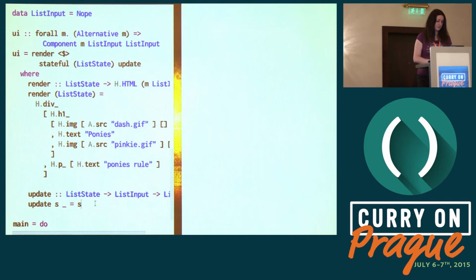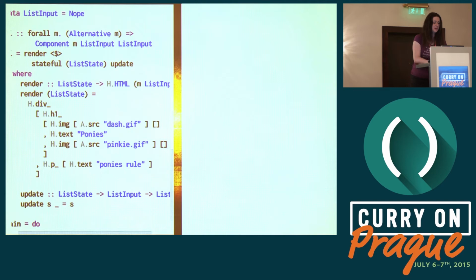So the update function does nothing currently. It just returns the state as you pass it in. It doesn't care about the event. And the render function just outputs this document here in the sort of DSL for HTML. So what this one means is